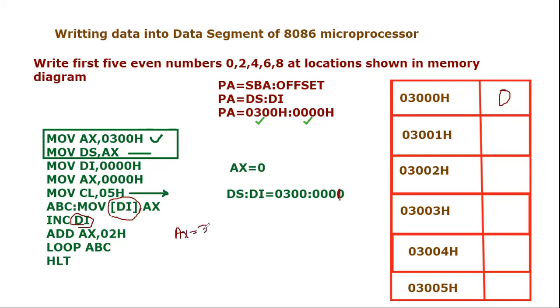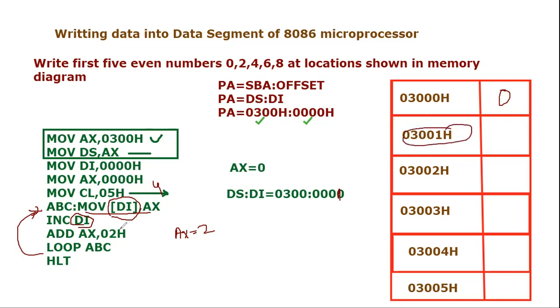And then we are using the loop statement, loop to ABC, this specific line. Since this is only one time the loop has executed, the counter will be automatically decremented from 5 to 4. Counter will become 4, right? And the loop will shift it back to the ABC level, where we are moving data again to this address. And this time the DI value is 01, so this particular location will be used,